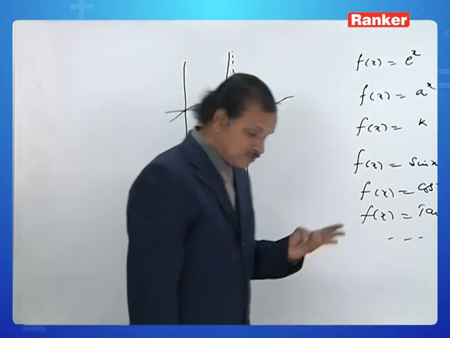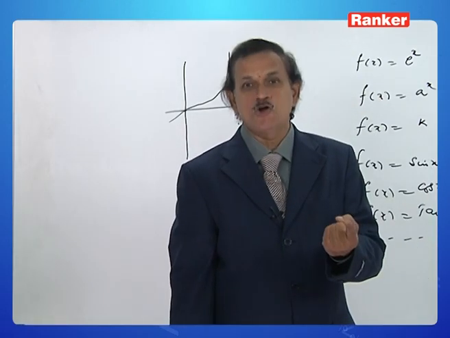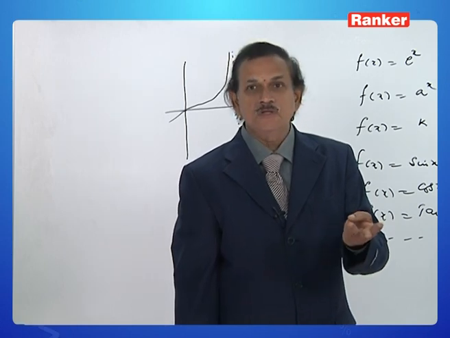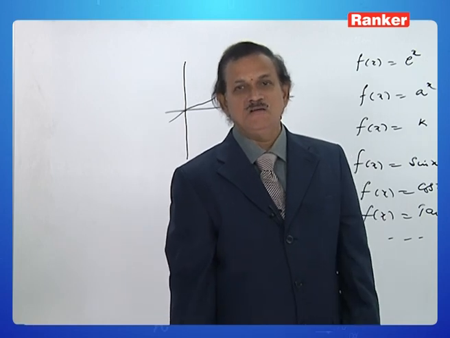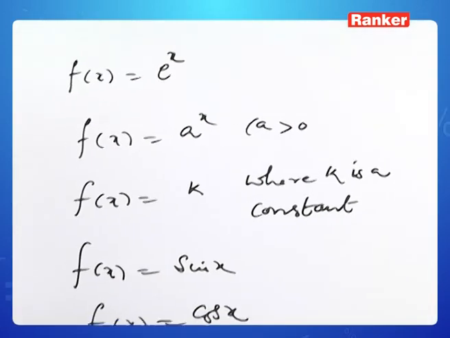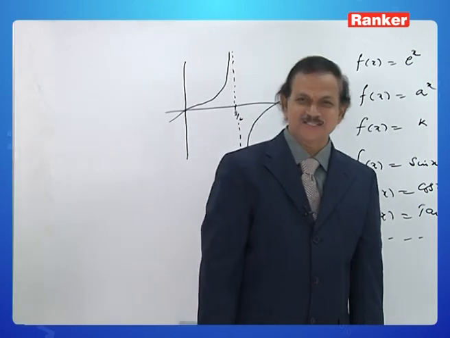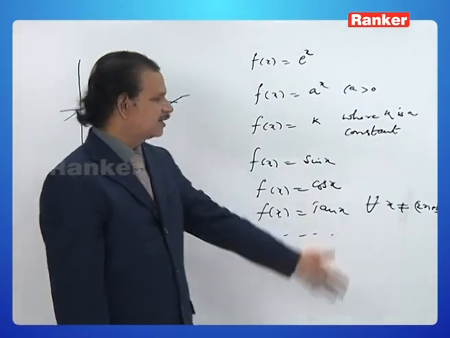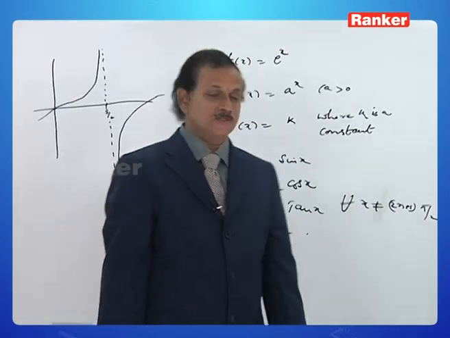So the three conditions fail. f of pi by 2 is not defined. The limit from left and the limit from right, it is just a customary symbol: one is plus infinity and another is minus infinity. So it is foolish to test the continuity of tan x at x equal to pi by 2, similarly at 3 pi by 2, similarly at 5 pi by 2, and so on. Moreover,